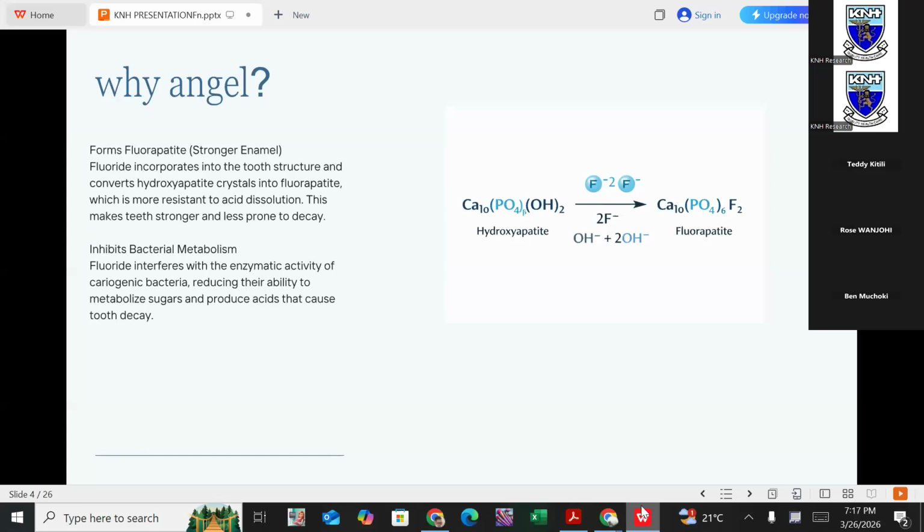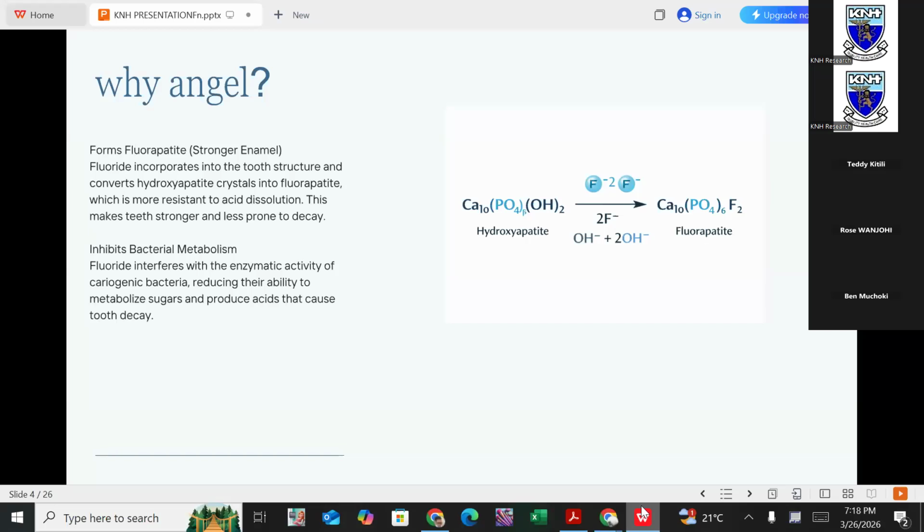So what happens is the hydroxyl ions are replaced by fluoride. When you use the toothpaste, when the dentist uses a varnish, when you use that mouth rinse, topically, that is to mean without you swallowing, there's usually some mineral ion exchange on the teeth. And so what is formed is fluoroapatite. You can see the F has replaced the hydroxyl ions. So fluoroapatite is usually strong. It's very strong, and it is actually resistant to acid dissolution.